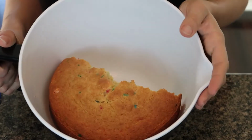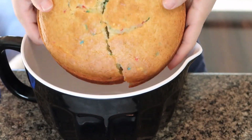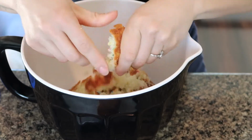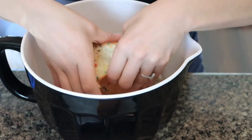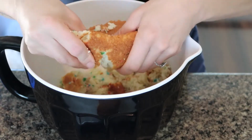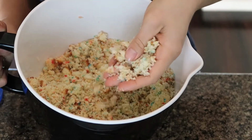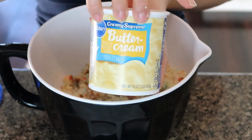Alright guys, first thing we're going to do for the cake pops is I baked an 8x8. I cut it in half and I'm going to start crumbling it all up with my hands. You can use a hand mixer if you have one. I just find that this process works a lot better. Alrighty, now that you have it all nice and crumbled, fine crumbs, I'm going to use buttercream from Pillsbury, and